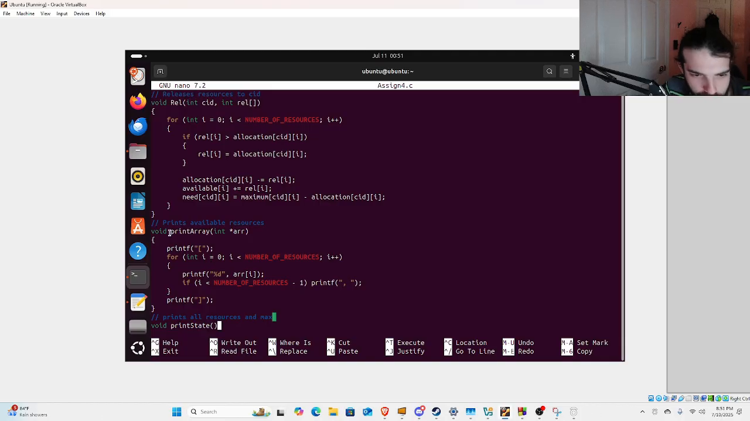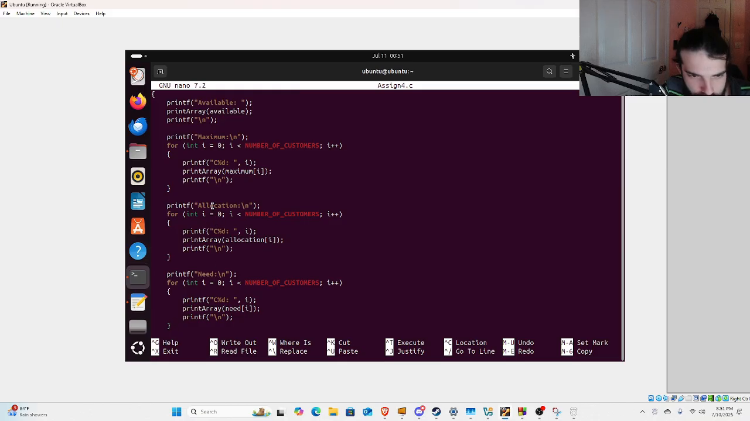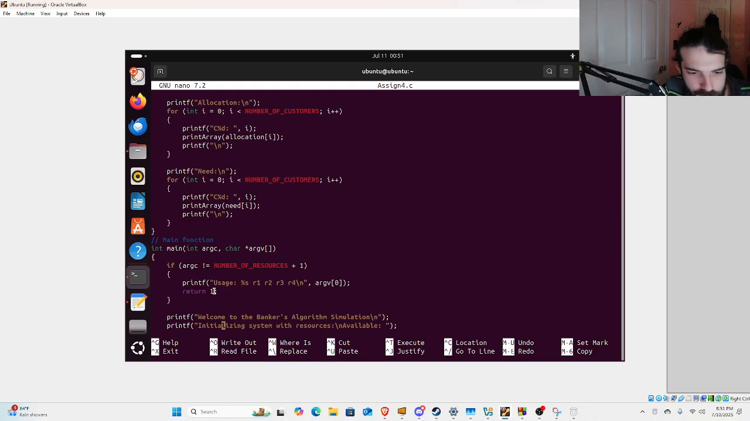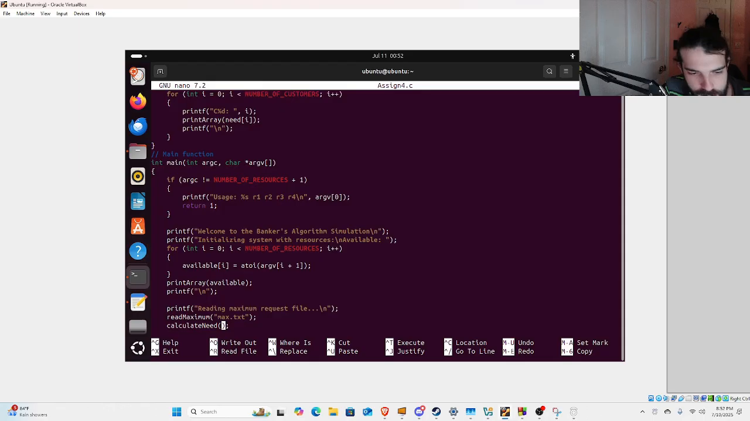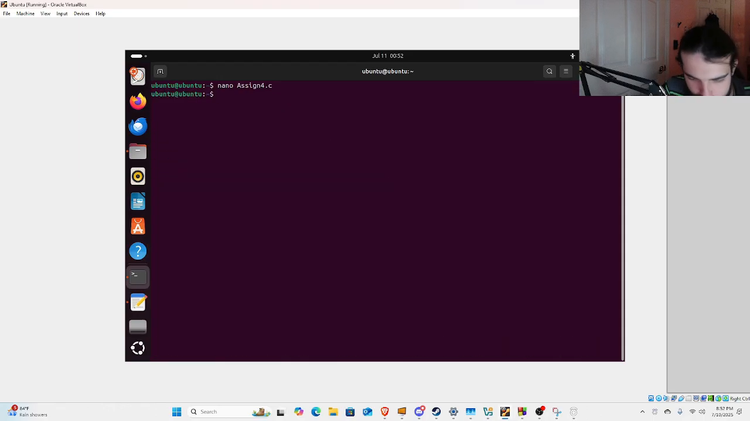And then we have print array and print state, which just prints the resources. Print state does the available resources, the maximum, the allocation, and the need for each customer. And then we have the main function, which has all of the statements for the beginning. So if we exit this and compile the code,